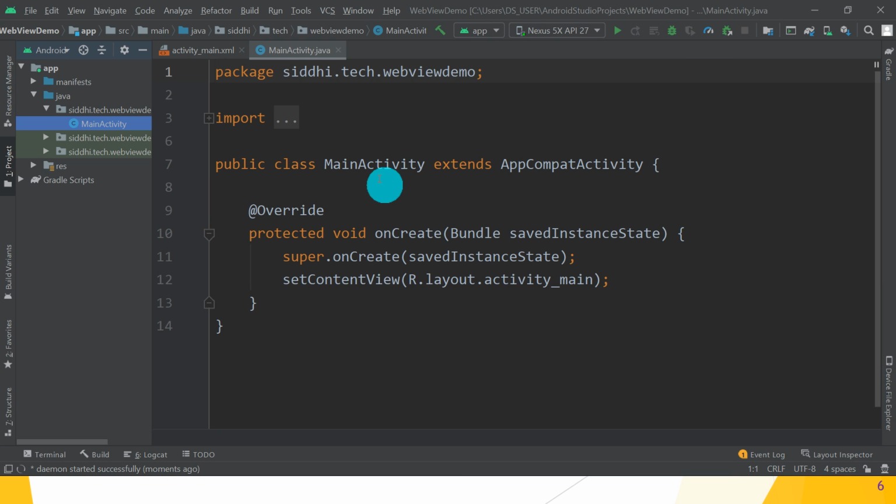Great. And the third thing, in MainActivity.java we have to write our code part, and then it's time to run our app on the emulator. Great, guys, hope you understand. So let's move to the first part, that is